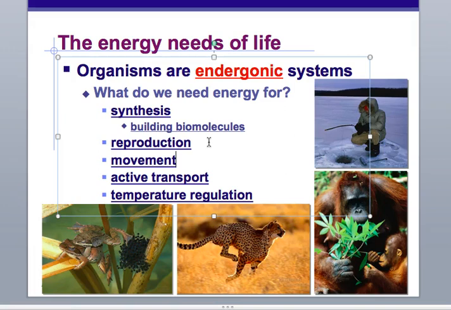We can feel that movement can take a lot of energy. If you've been working out a lot and you haven't eaten in a while, your muscles really start to feel weak. We'll talk a little bit about active transport later, but anytime you're moving chemicals against a gradient, so basically against their natural flow, you have to input energy into that system or it's just not going to do it. I'm not going to do it if you don't basically pay me to do it.